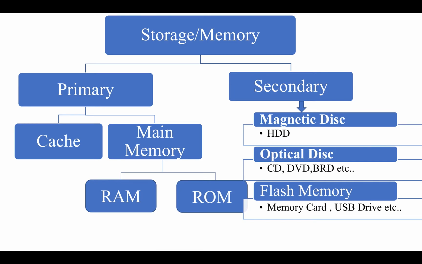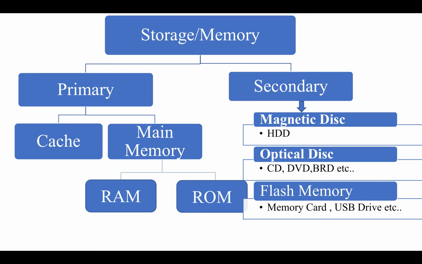Dear students, then main memory includes RAM and ROM. RAM stands for random access memory. ROM stands for read-only memory. You have learned about both of them, and the difference between these two you learned in the previous week. This was the revision of your previous week's lecture. Now I will go with the revision of this week's first class.